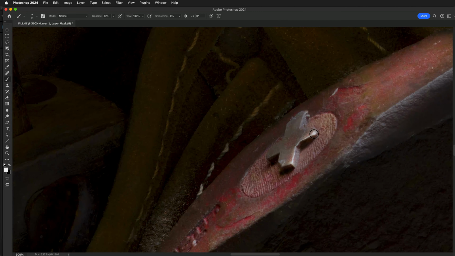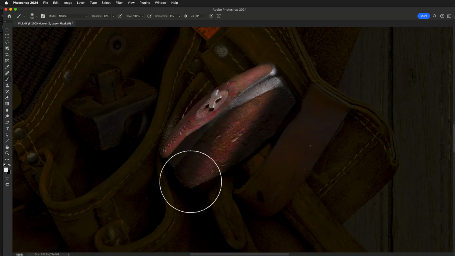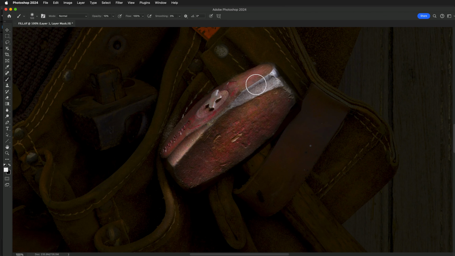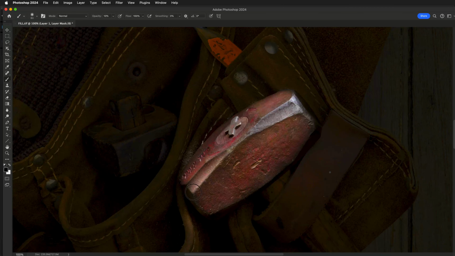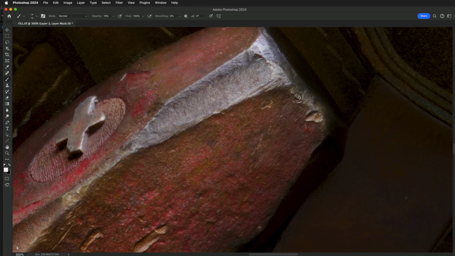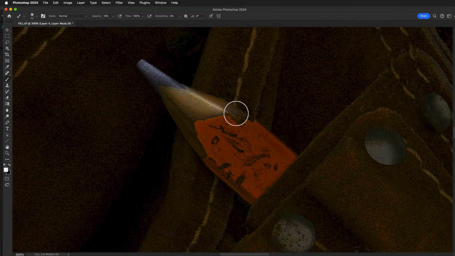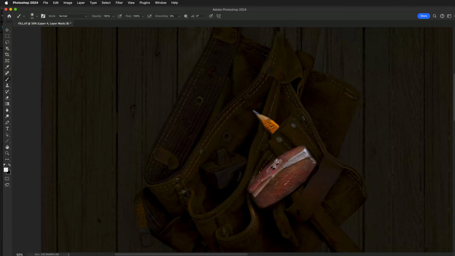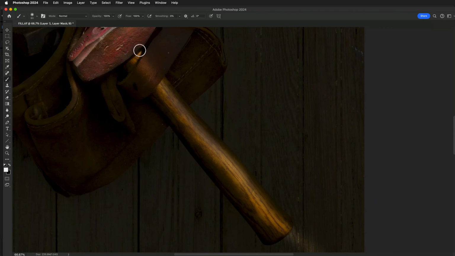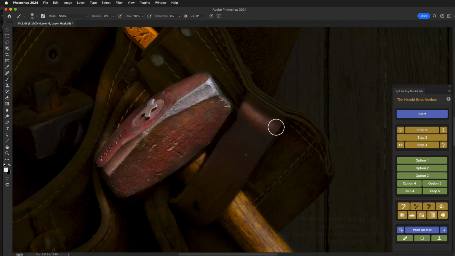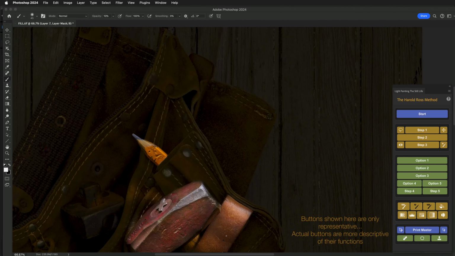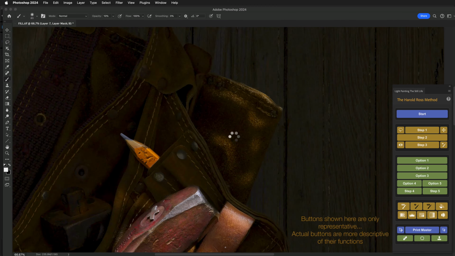In this video, I'm editing a very complex image, and to make the video a reasonable length, I've sped it up tremendously. It actually took me about 90 minutes to edit this image. The editing workflow is made quite a bit easier and faster through my Photoshop plugin panel, which is not visible in this video. Not only does the panel make things easier and faster, but it also keeps us on track